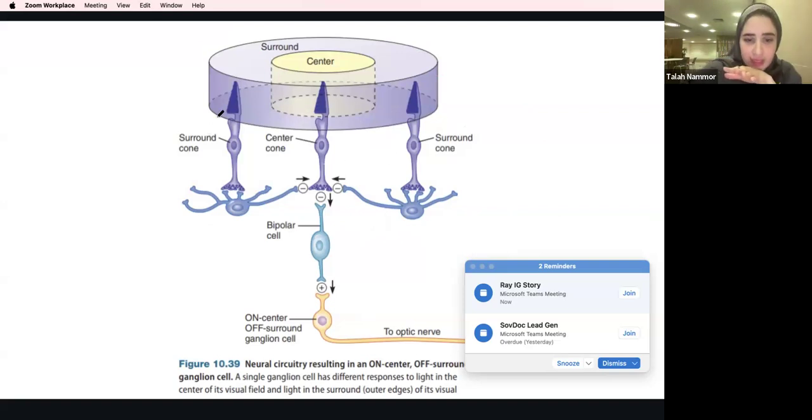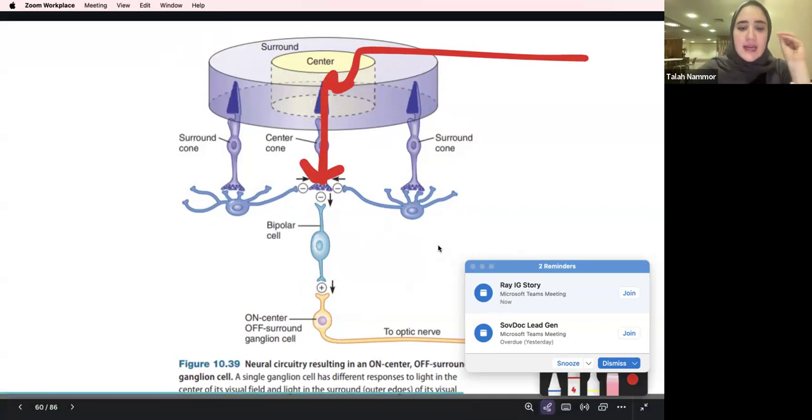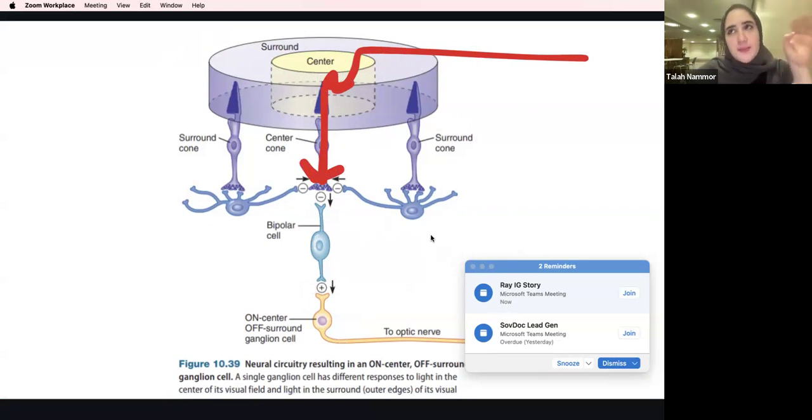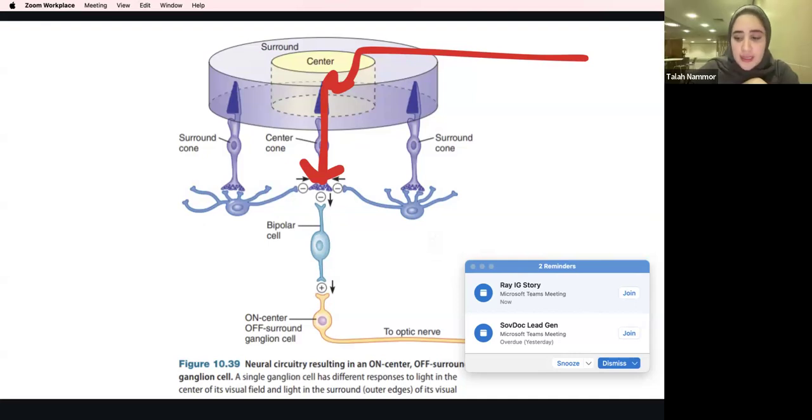Now let's revise all of this. This is how it starts. The light goes into the center, goes to the cone and goes down. Let's say it's depolarized, so the glutamate decreases, and the bipolar cell is activated. It will increase the firing on the on-center. You get me? So we get increased firing to the optic nerve, so we see the edges properly, the contrast is better, and so on. Is it clear? So this is basically it. Okay. Next,